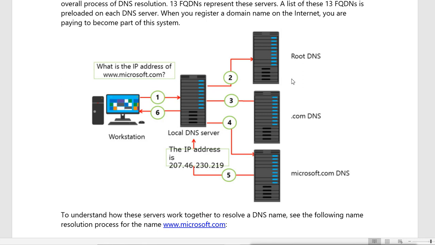So what does the root hint server do? It will check: is it com? Is it net? Is it org? Is it edu? Is it gov? This time it is .com. So the root hint server will give the reference. It says go to this com server. That means the nearest com server you have within your region. It will give the IP address of that com server available in your region to this DNS server.